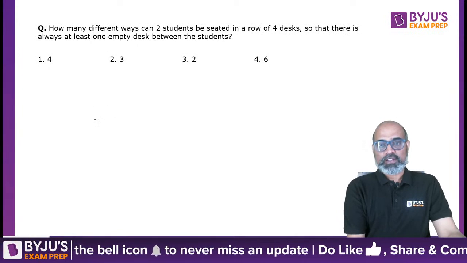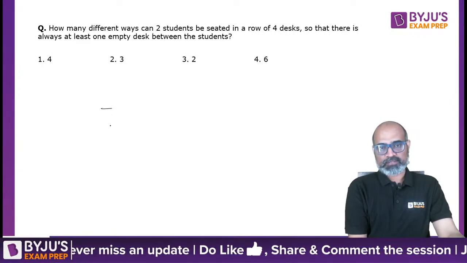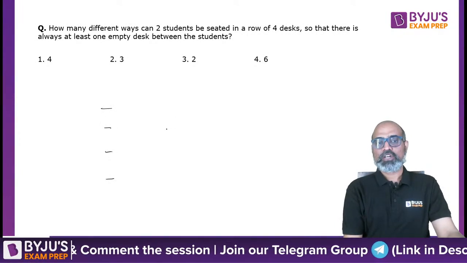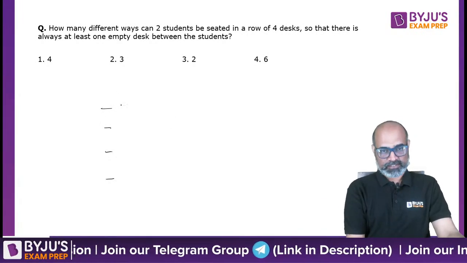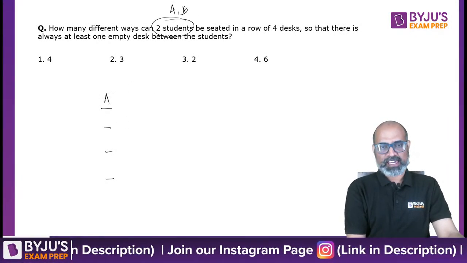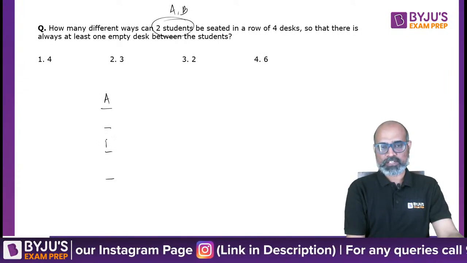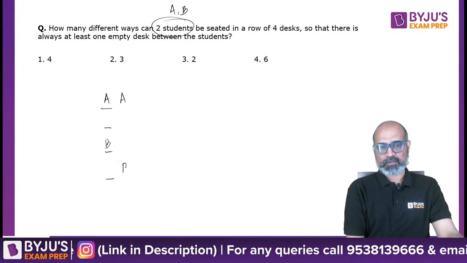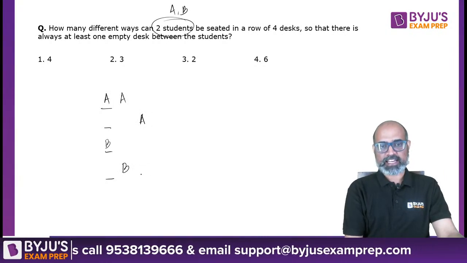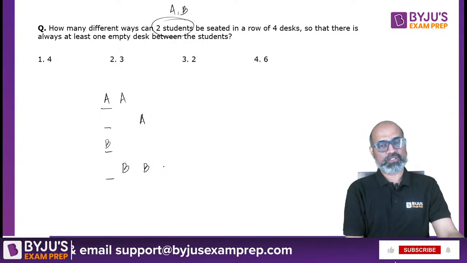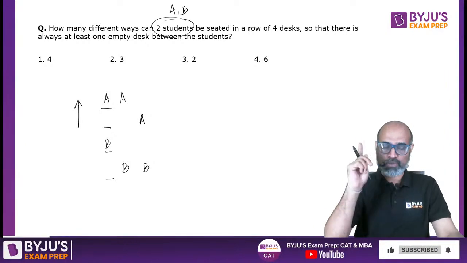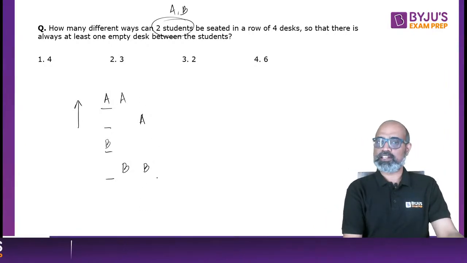So, there is a row of 4 desks and 2 students have to be seated there, right? So, in how many ways can they be seated? Let's take the students as A and B. So, A is over here, at least one gap, so B is over here. A is over here, B is over here. Next, A could be at the second position, B is going to be at the last position. So if the desks are looking ahead, this is how they need to be seated,